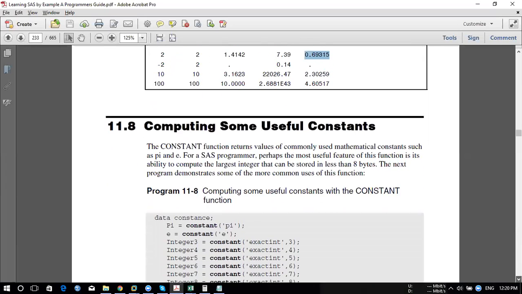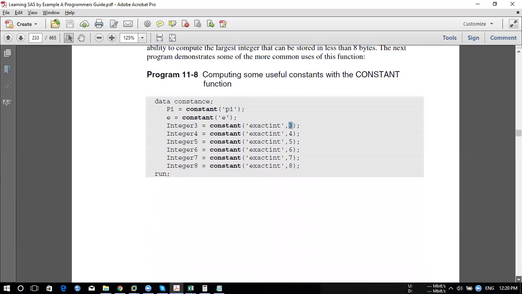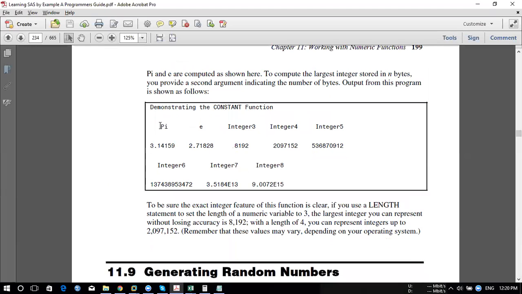And this is nothing but what we talked about, constants, correct? So what is the value of pi? What is the value of the constant? And what is the value if you say I have 3 digits as my length for a numeric? How much value can it store? Okay, so if you look at this, the pi value is 3.142, correct?